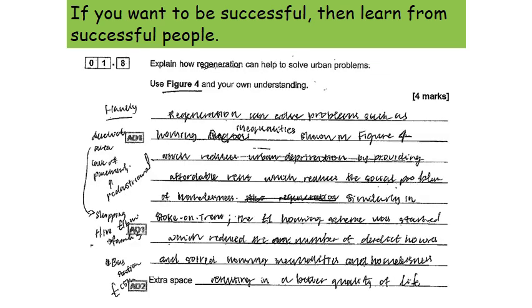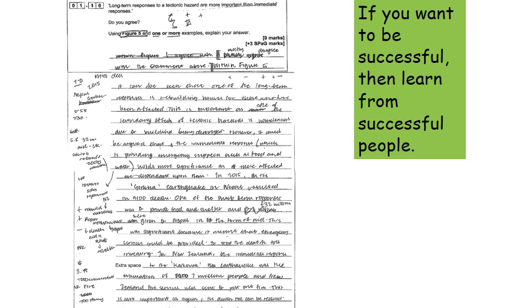Another example here, not linking to the Brazil topic, but again you can see the command word and the fact that the figure needs to be used has been underlined by the student. You can also see they have made a plan down the side, putting key information down. Once again, not relating to the Brazil topic, but excellent planning from this student. You can see keywords in the figure underlined or circled, and then a brief plan down the side of advantages and disadvantages and how they're going to lay their work out. If you want to be successful, learn from these successful people.